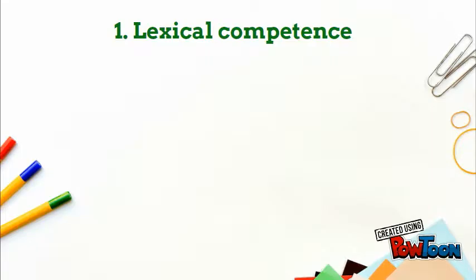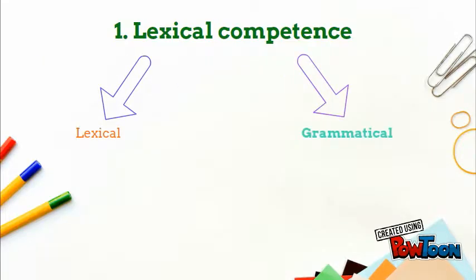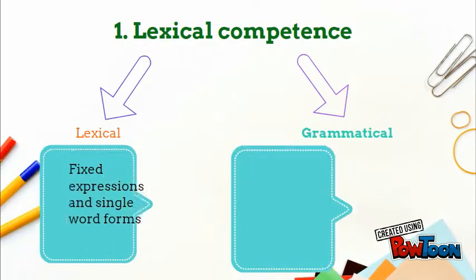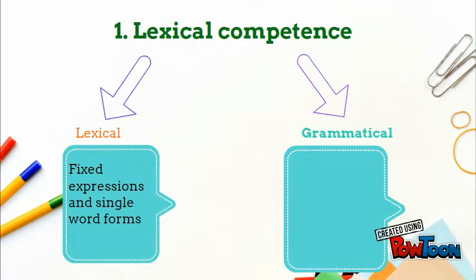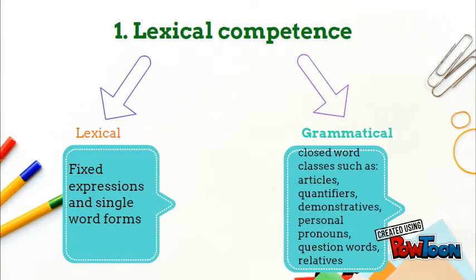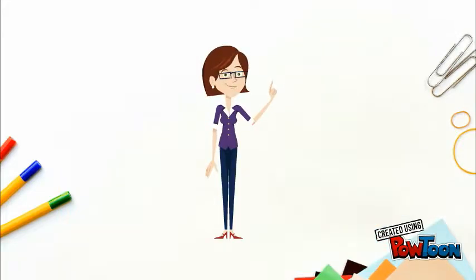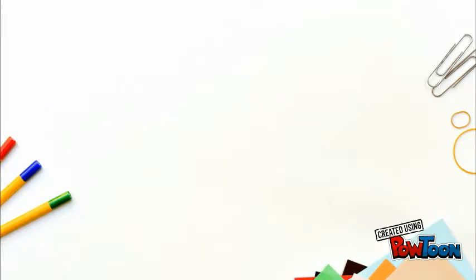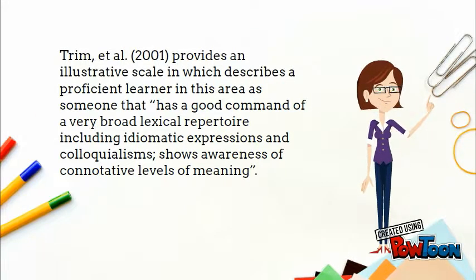Lexical competence is integrated by lexical and grammatical elements. The first element includes fixed expressions and single word forms. Regarding the second element, it includes the closed word classes such as articles, quantifiers, demonstratives, personal pronouns, and so on. Trim et al. 2001 provides an illustrative scale which describes a proficient learner in this area as someone